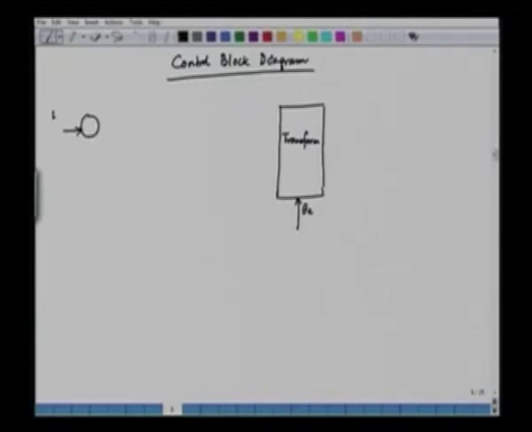We have the reference speed in this case omega r star, then we are subtracting the actual speed, we are feeding it to a PI controller,